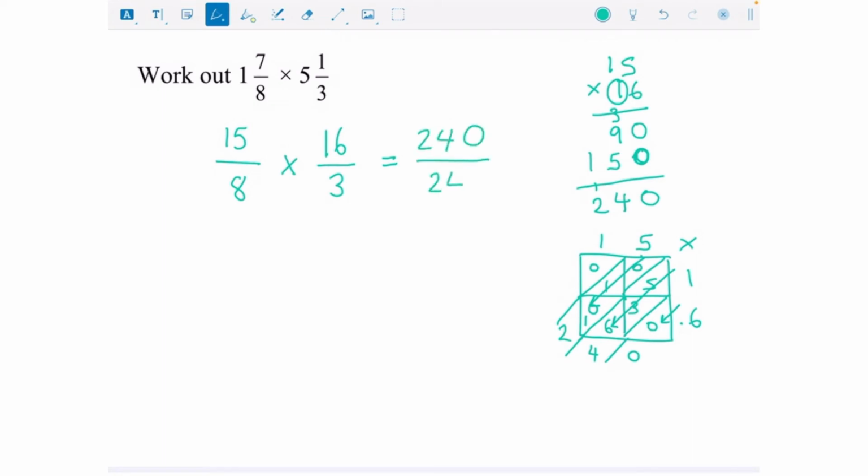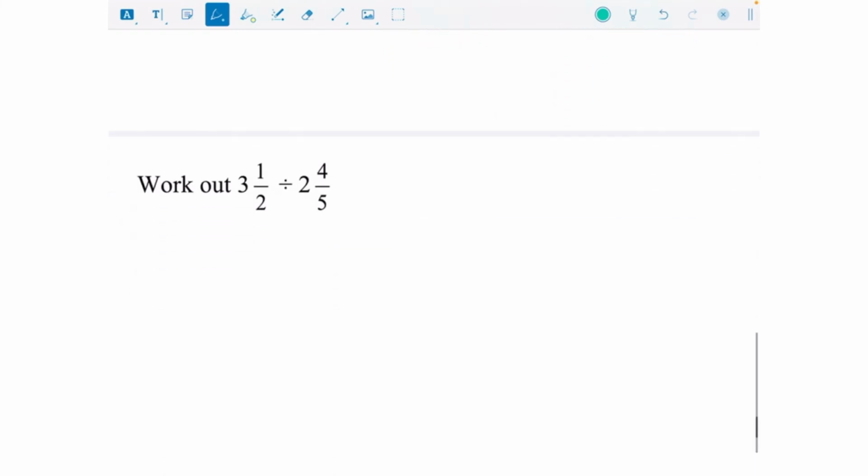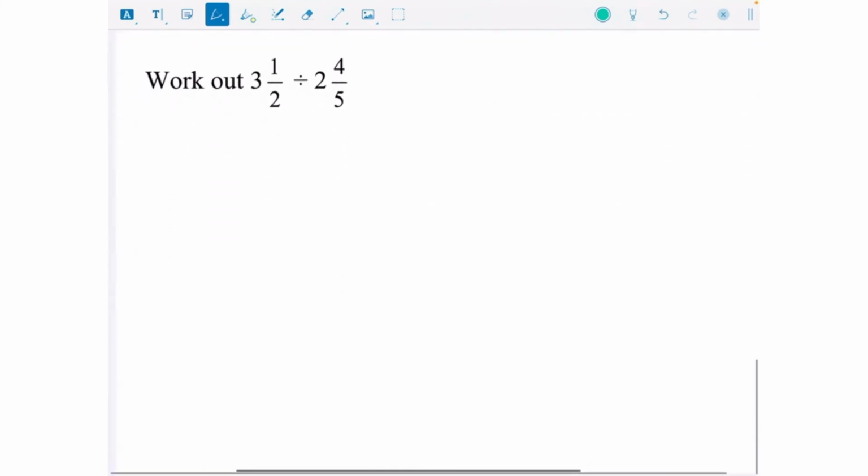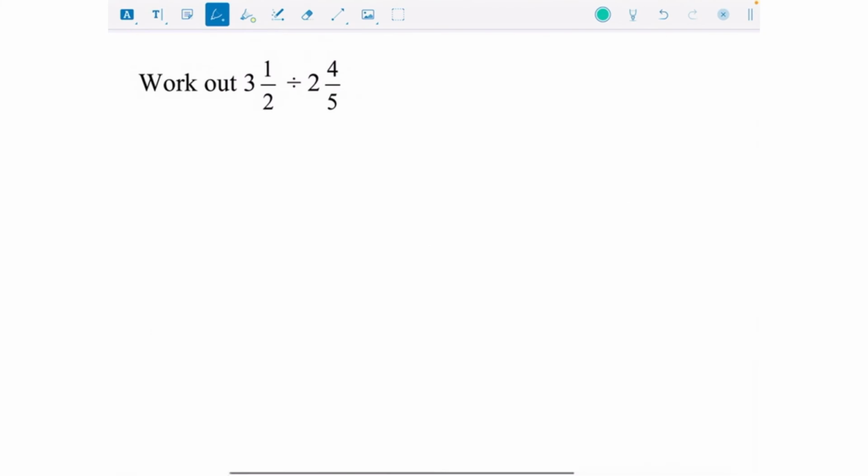So multiplying is lovely because you can just do the top times the top and the bottom times the bottom. 240 divided by 24, or how many 24s fit into 240, is just 10. And there's no remainder, so our answer to this question is just 10. That's how many times 24 fits into 240, a whole number of times, and there's no remainder, so that's our answer. For dividing, we do exactly the same thing, but we're going to keep, flip, and change, or keep, change,